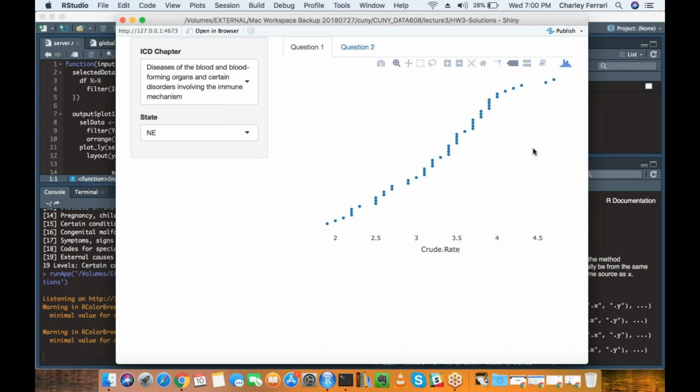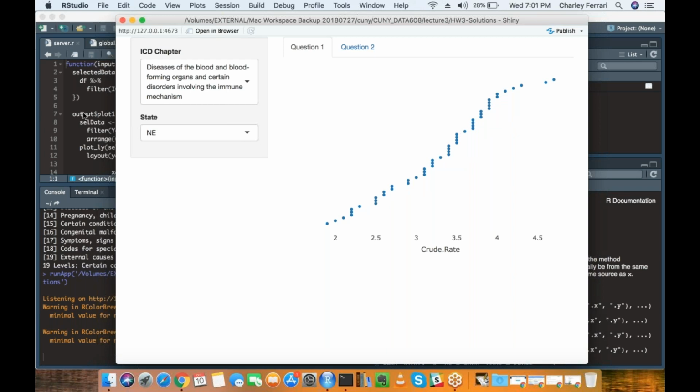And in terms of hover in Shiny, I didn't want to get too deep into this. There are ways. Basically, the only thing that is giving me hover in this app is the fact that I'm using Plotly rather than ggplot.